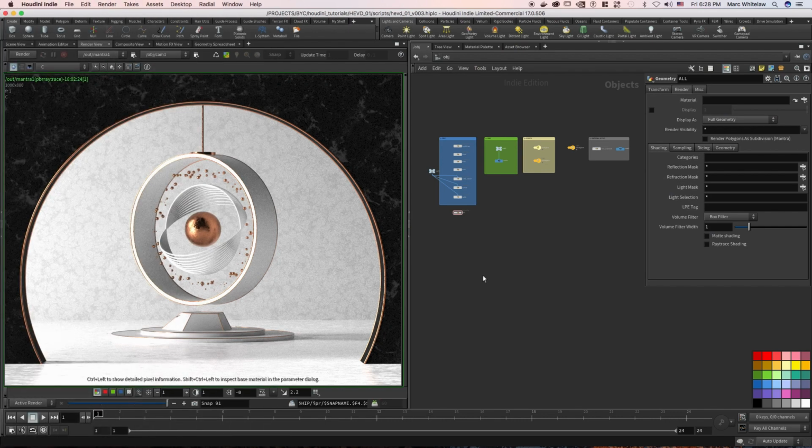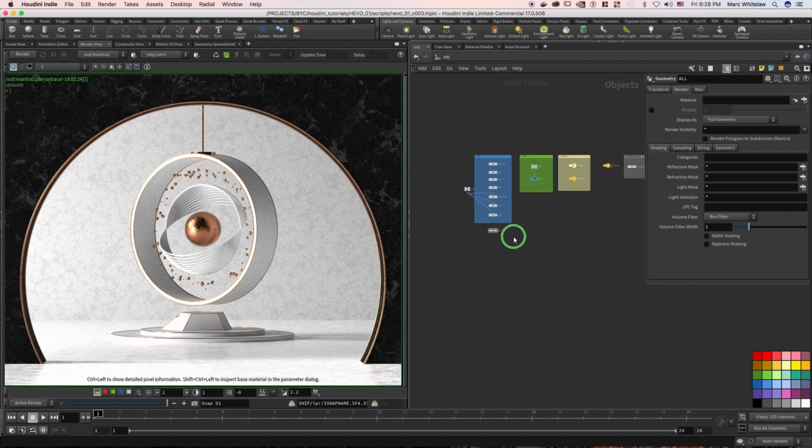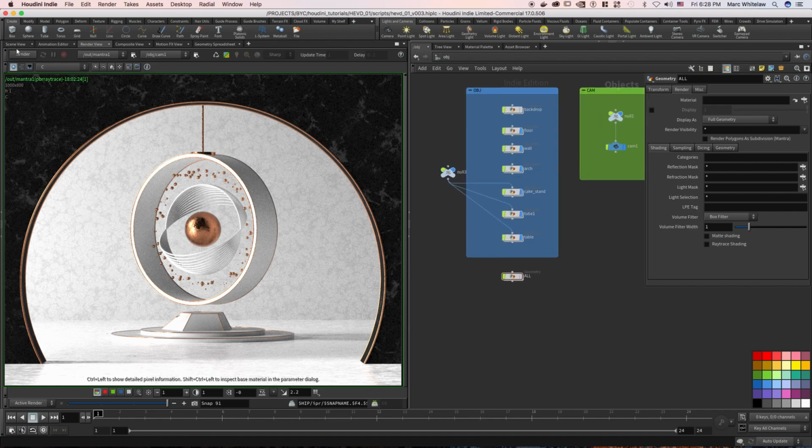Okay guys, so this is the design that I settled on. So you'll notice that I changed a few things around. Basically just made it a bit simpler, got rid of a few things, and I'll just quickly take you through some of the changes. So if we just jump back to the scene view,